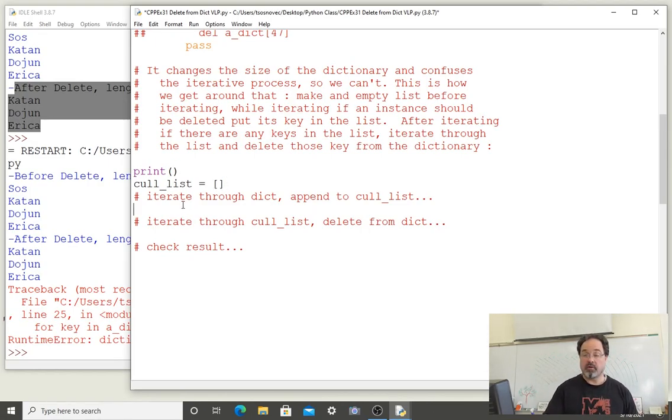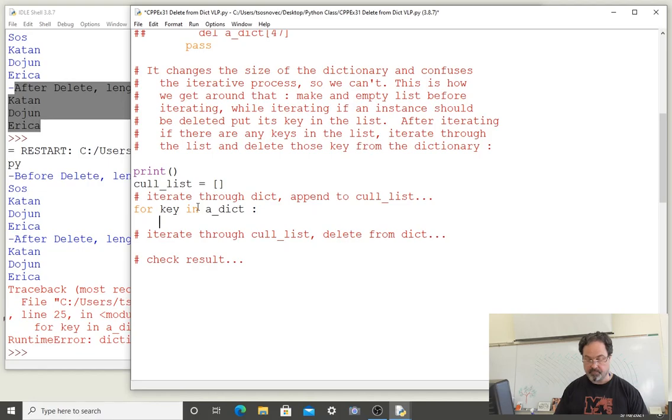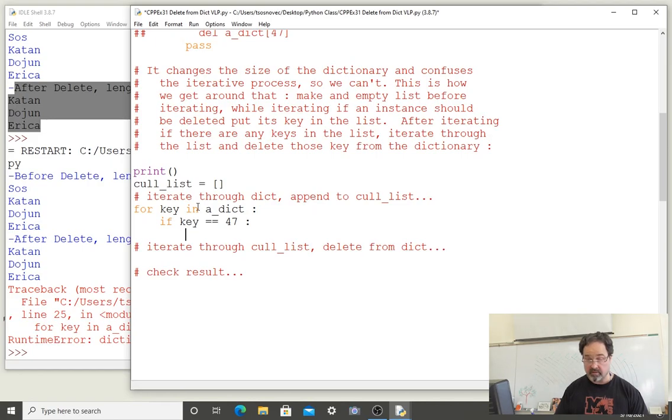Then I'm going to write code to iterate through the dictionary and append to the col list something I want to delete. I'll accomplish that by iterating through the dictionary that we previously defined. And for example, if it comes across key 47, if key 47 exists and I want to delete it,